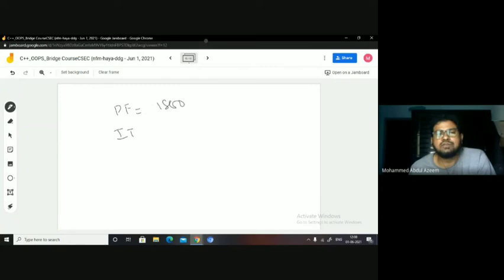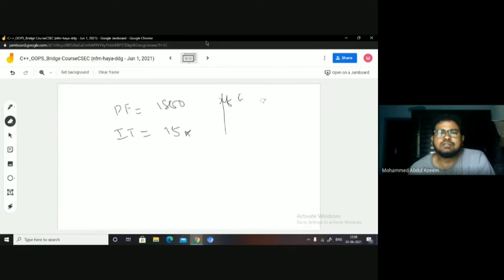Then IT is going to vary based on the slab. Let us say it is 30% of gross salary, and above 20 lakhs annual income, let us say it is 15%. Actually we would have to take all possible conditions based on the gross salary you get, but I'm not suggesting you go for it now.